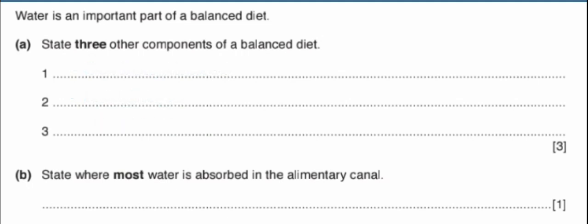Then as for B, state where most water is absorbed in the alimentary canal. So most of the water is absorbed in the alimentary canal. Specifically, we can say in the large intestine. So most of the water is absorbed in the large intestine. Sometimes you are going to find that even in the kidney. Now, in the kidney, what usually happens there is not the absorption, it is reabsorption. So do not include the kidney here. Let's see the next question,